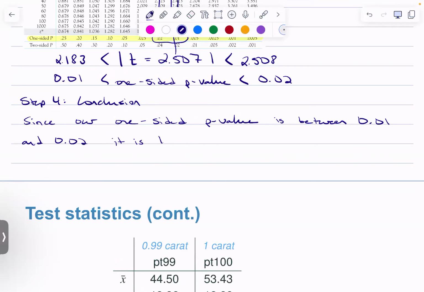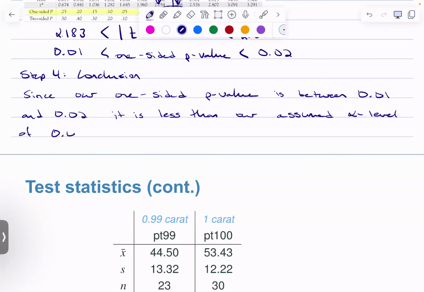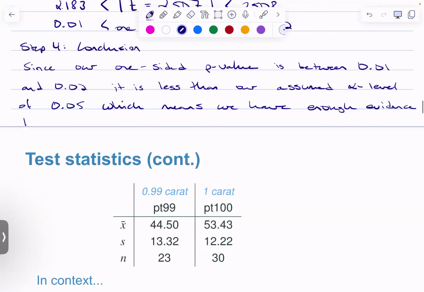It is less than our assumed alpha level of 0.05, which means we have enough evidence to reject H naught, which means we have enough evidence to reject H naught in favor of HA. Therefore,